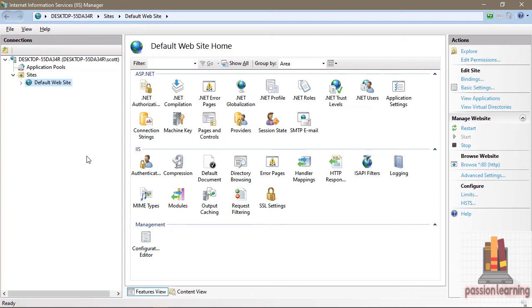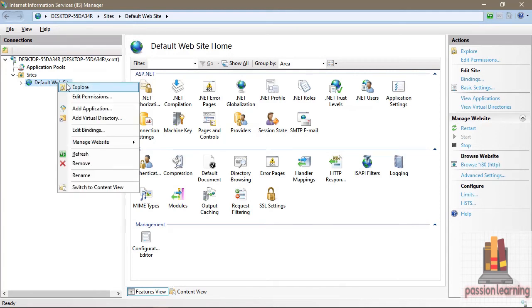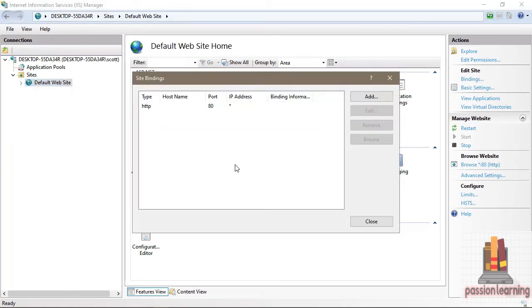Now, if I want odafoo to respond to a request to this machine on port 80, then I'm going to need to do some reconfiguration because IIS already has a website configured to run on port 80, and that is the default website. If I right-click on this default website and go to Edit Bindings, what we'll find is that every website we add to this machine, because IIS on this machine can host multiple websites, it can host dozens